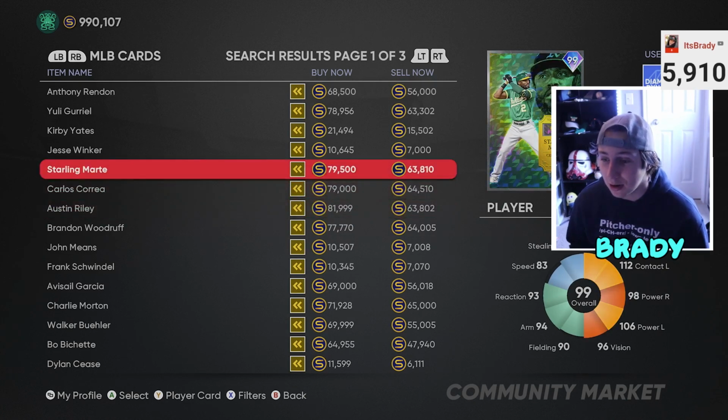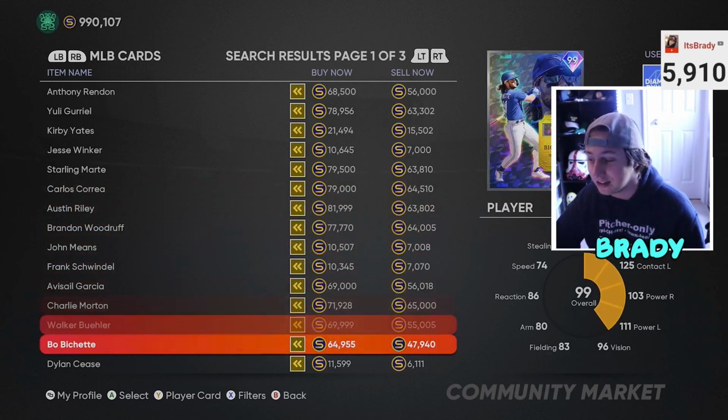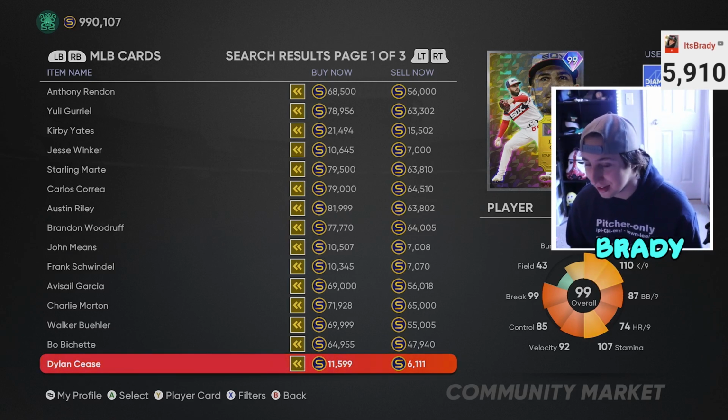Another great one is Starling Marte and Carlos Correa. Now, these are moving really, really fast, so you guys need to be getting on top of this. As far as lower tier cards that you can make a lot of stubs on by doing fast, Dylan Cease 11-6-6 is about 4,000 stubs per flip, and at this time of year, guys, nobody is really taking advantage of this, so you can end up